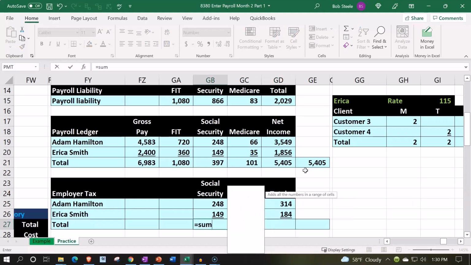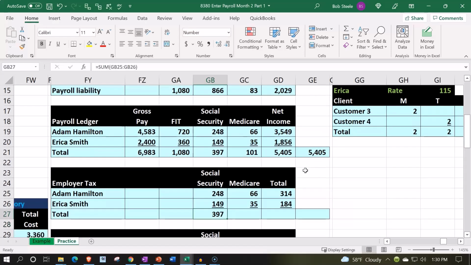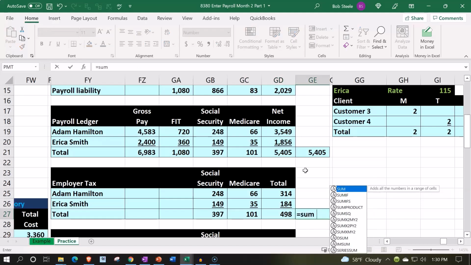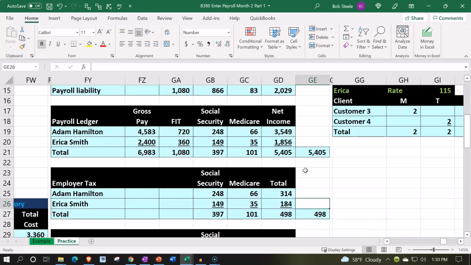So if we take the totals then of this, this is what we have to pay over and above. So we'll total that up, and then we can sum it up this way too if we so choose. And I do choose to do that for a double check. So this is what we're going to pay on our taxes. So these are our employer taxes that we have to pay over and above the payroll that we're paying to